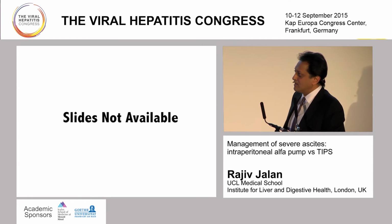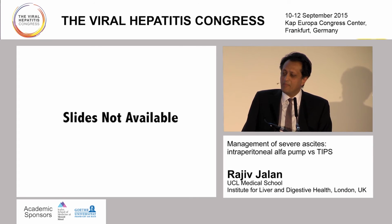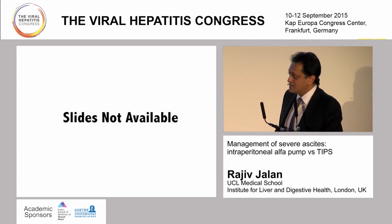And the reduction in albumin in the red here also correlated nicely with the increase in renin, suggesting that this regular movement of fluid from the abdomen was what was associated with this accumulation of fluid, with this increase in creatinine. Now, we did a sum to look at this a little bit further, and this is the most important slide